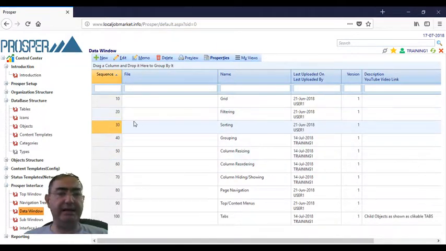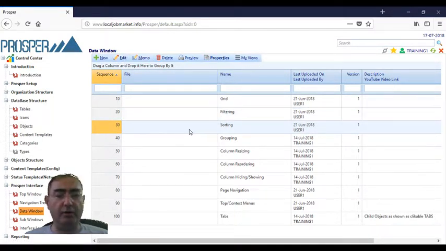As you can see, the active row has a column with a different color, which is the sequence, and even the title of the header of the column has a different color because it's sorted by this column. If we change the sorting and it's sorted by another column, that other column will be highlighted. In Prosper, having the active row is very important because any function that we